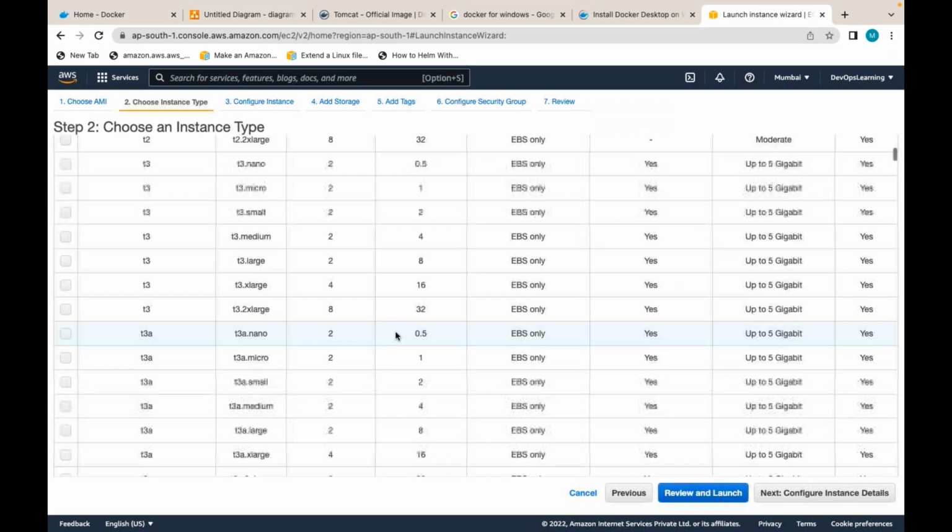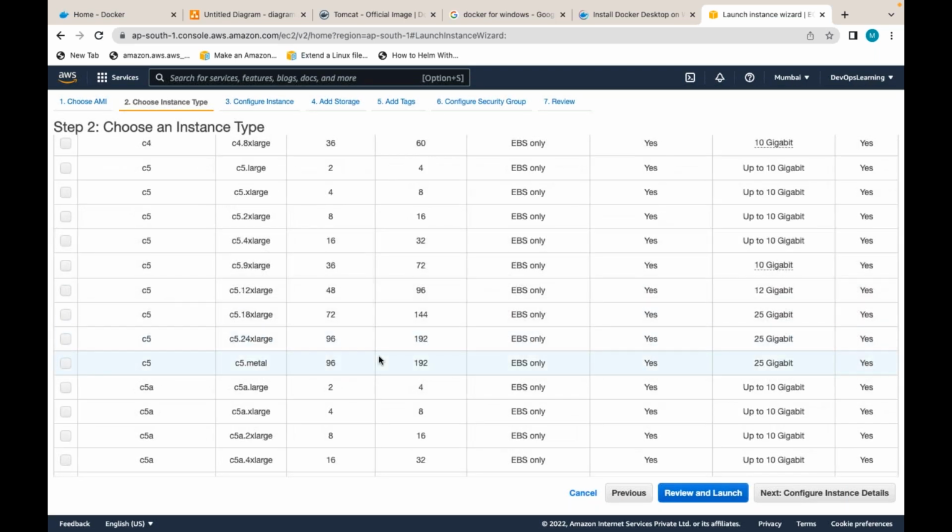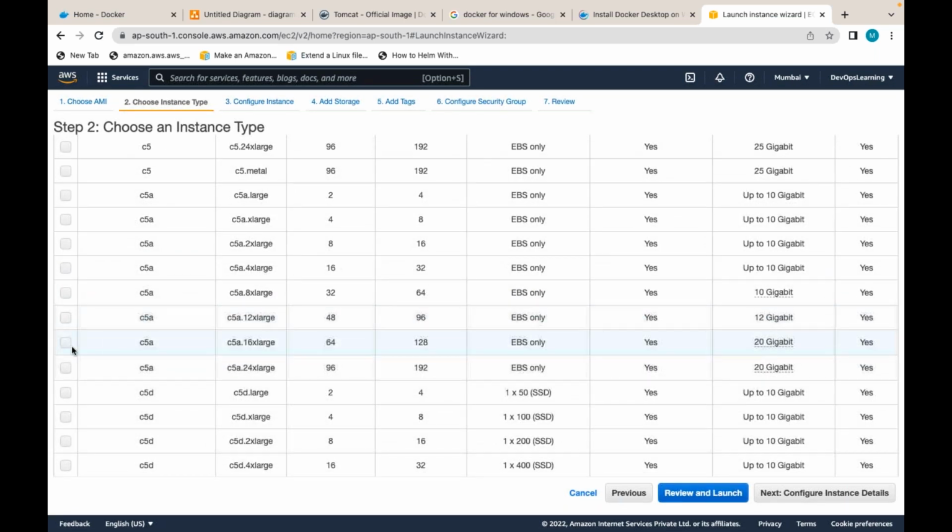No. But if I take some high configuration server, let's say this one, 128 GB RAM and 64 core processor, will I be able to create maybe 30 containers, 40 containers, 50 containers also if required? Yes. But again, based on the instance type, based on the operating system, or based on the infrastructure, whether you are using Azure cloud or AWS cloud or GCP cloud or your own data center server, does the concept of these Dockers change again based on the operating system, based on the infrastructure you are using?